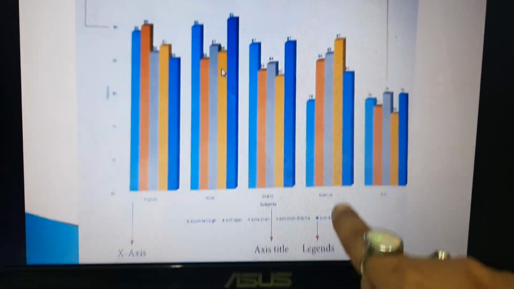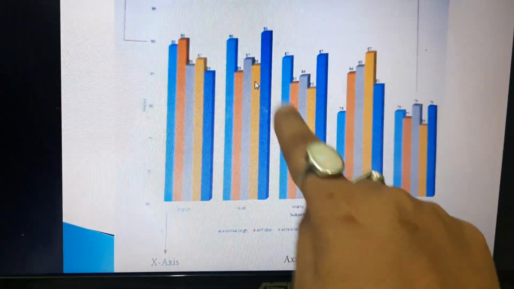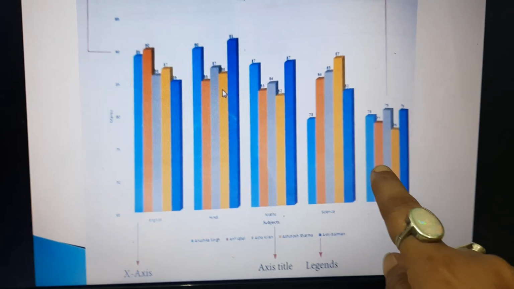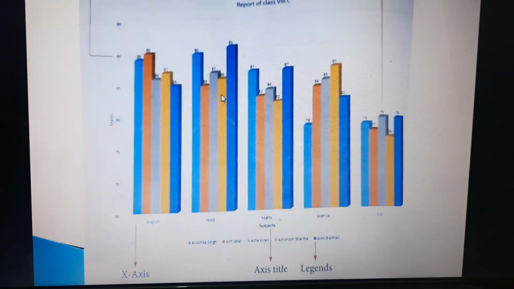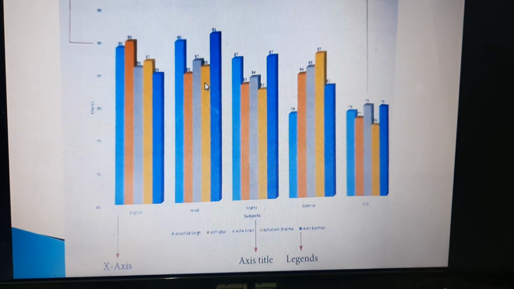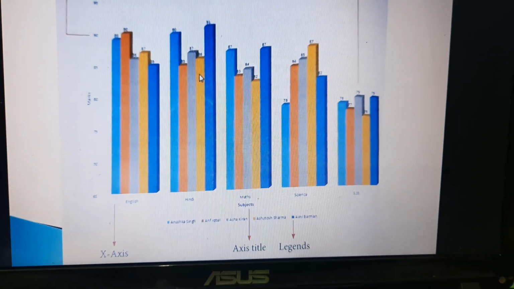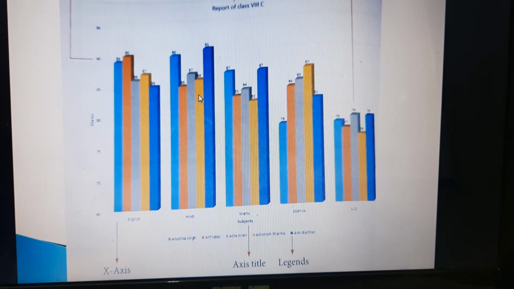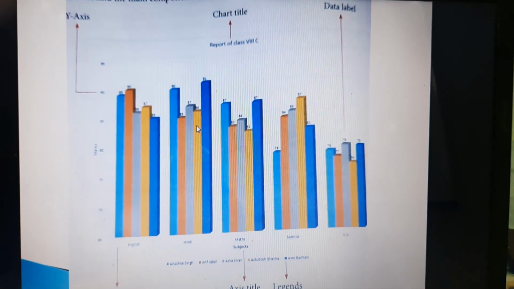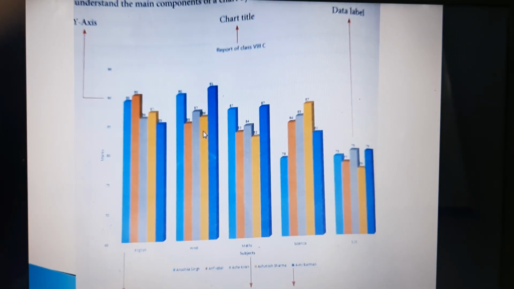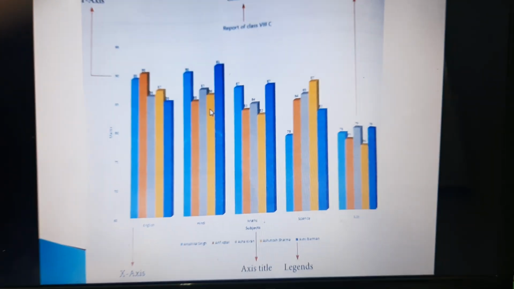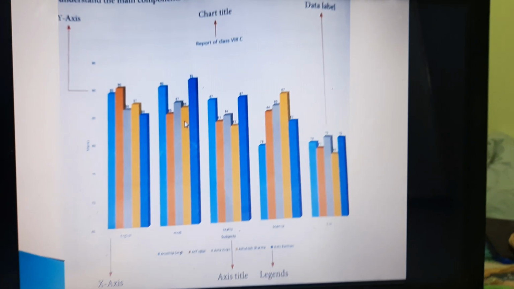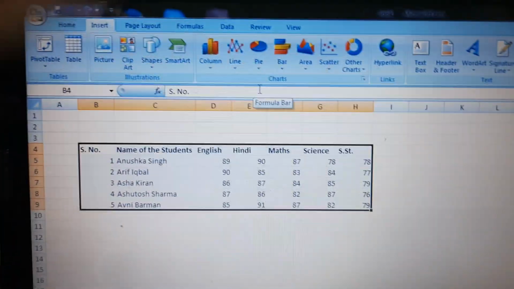And legends: these colorful blocks given there are called the legend. Okay. You can see the legends. So you can see the data.